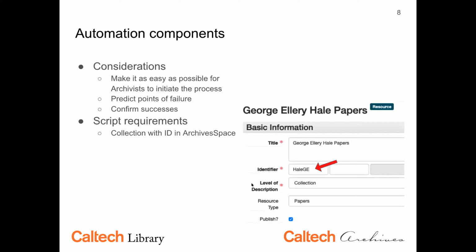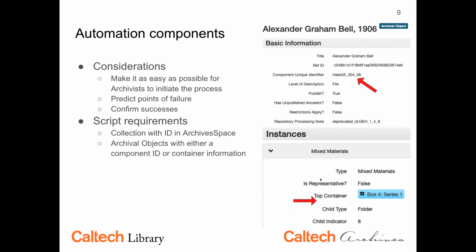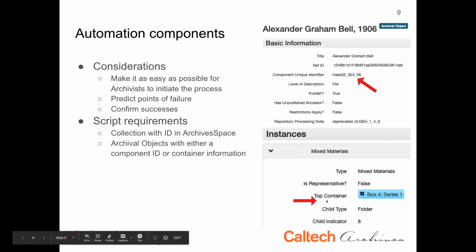So what we need to make this happen in a script is, first of all, the identifier in a resource record is one of the key components here. We use the first slot of the four-part identifier field. That's where we put our identifiers. Then we also need the archival objects within that collection to have either a component unique identifier here, or we'll calculate that based on a top container record that also has a child, because basically it's built on the collection, box and folder. That's how we have it for our manuscript collections. And so that can be calculated either from the instance, or it can be entered manually when the collection is being